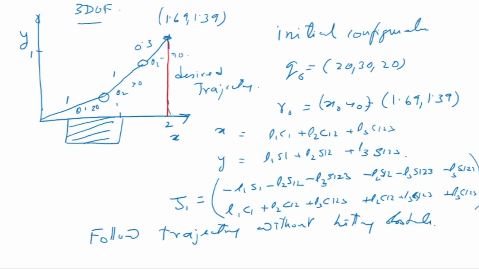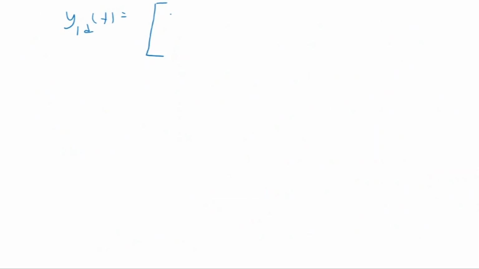Now what is the trajectory? You look at x0, it is constant. It is a straight line coming like this. So x0 is constant, only y is varying. What is the trajectory? It is equal to y0. So the trajectory here is y0 times, minus 3 minus 2t, into t squared, y0.